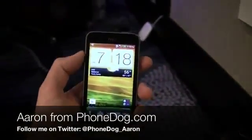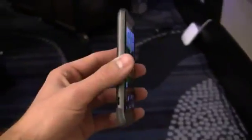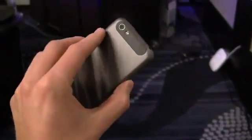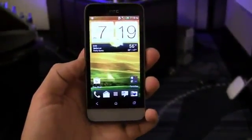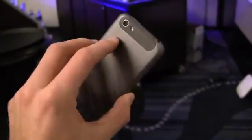We're here at PepCom. Now, this is the event for all things mobile at CES 2012 in New Orleans, and actually for most of the trade shows. But this, my friends, is the HTC One V, a new HTC device. Well, not really new. It was announced at Mobile World Congress, and it's available in select European countries. It's coming to the U.S. this summer, although HTC's been pretty coy about saying which carriers are going to get this